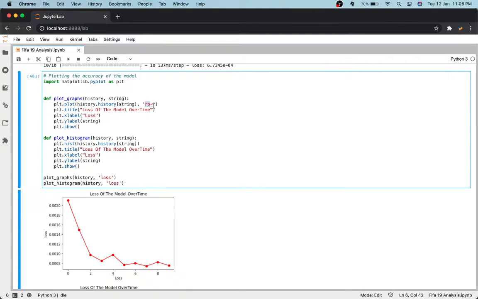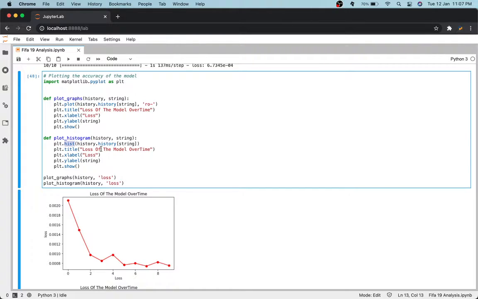The lines of the plot will be red, and they will have dots at the highest and lowest points, joined by the lines, with the title of loss of the model over time, and the x label and y label will be loss.